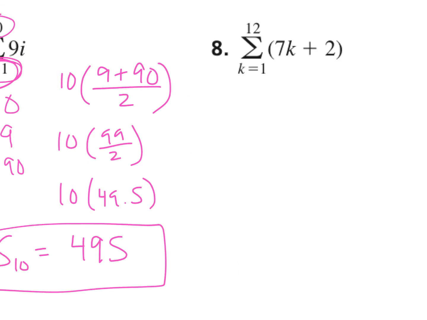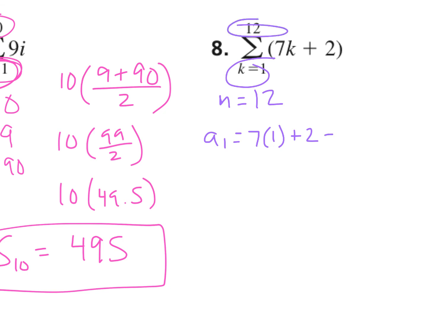All right, let's take a look at 8. What's our n? 12. 12 numbers total from 1 to 12. What is our a sub 1? 7k plus 2. So 7 times 1 plus 2, because we're plugging in 1. So we always plug in the first, then we plug in the last. So 7 times 1 plus 2 would be 9. And then we have to find our a sub 12. 86. So 7 times 12 plus 2,